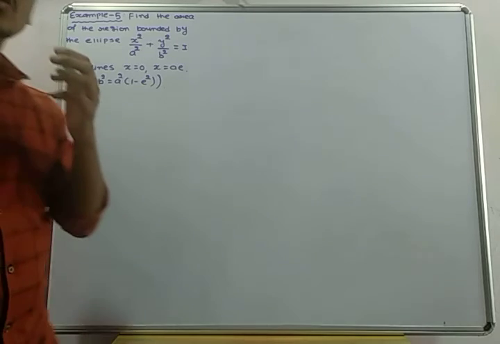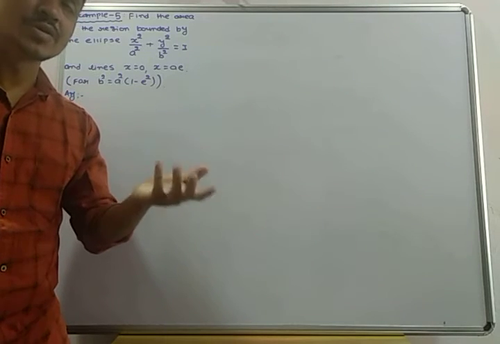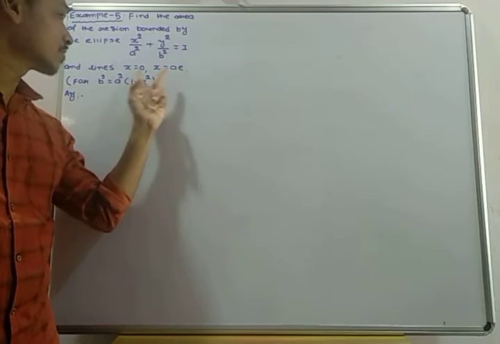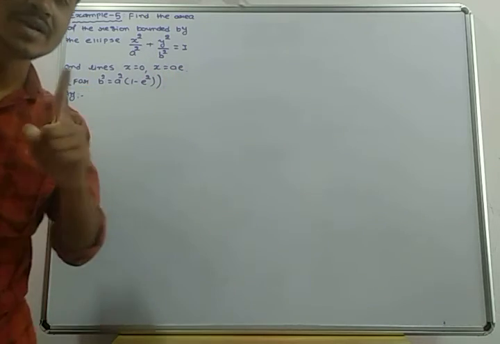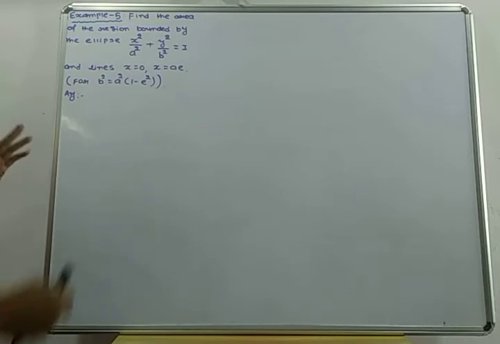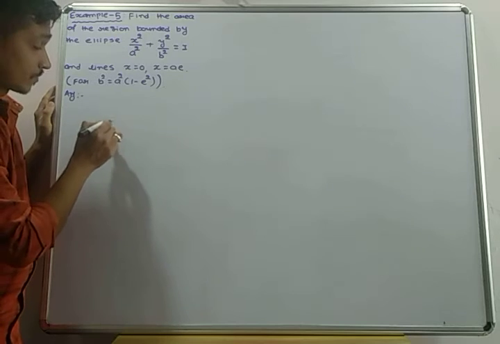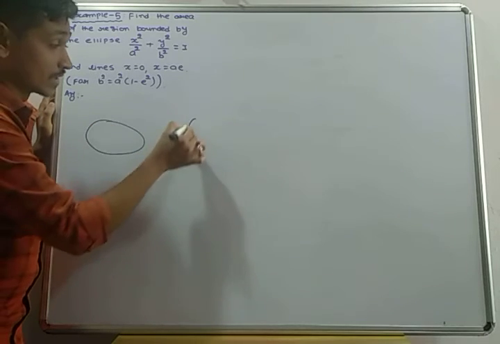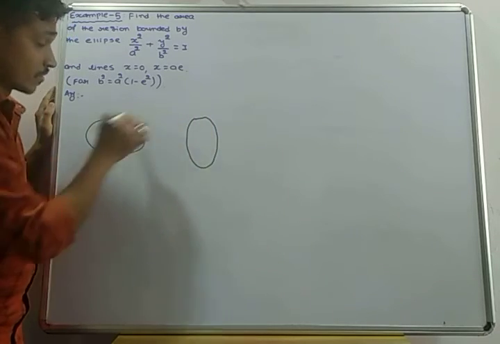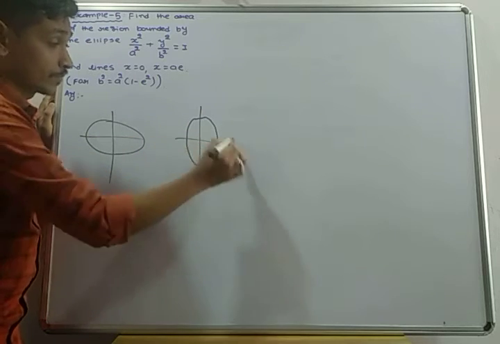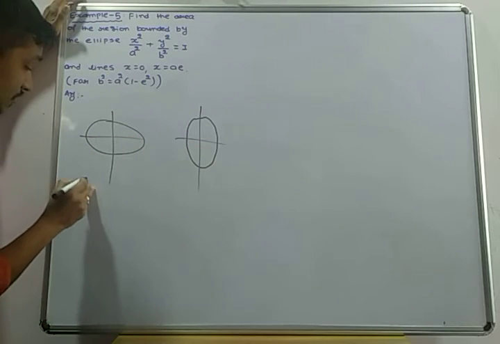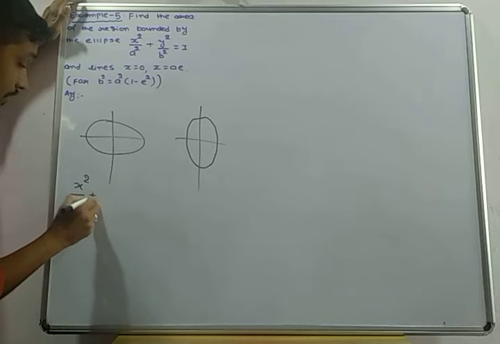पैराबोला याद करो, पैराबोला में कैसी वैल्यू थी? x equal to 0, x equal to 2. Same, these are the values x equal to 0 and x equal to AE. पैराबोला, ellipse आपको याद होना चाहिए सब, बराबर? Now, याद करो कि there are two cases in the parabola. One case is horizontal and second case is vertical. Okay? So here equation is given by x square by a square plus